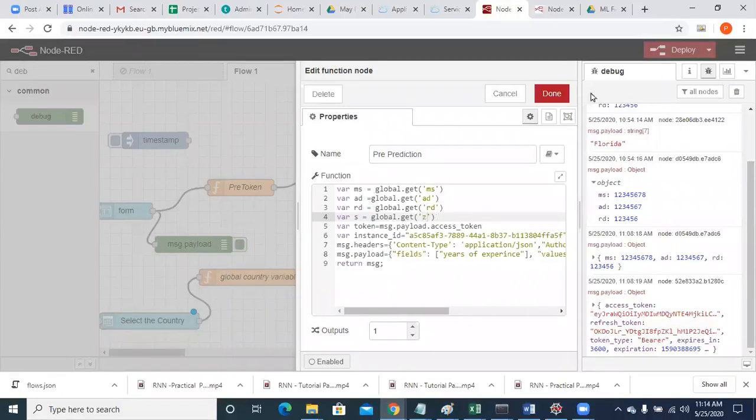So here I have set my global variables, and here I am retrieving my globally set variables.